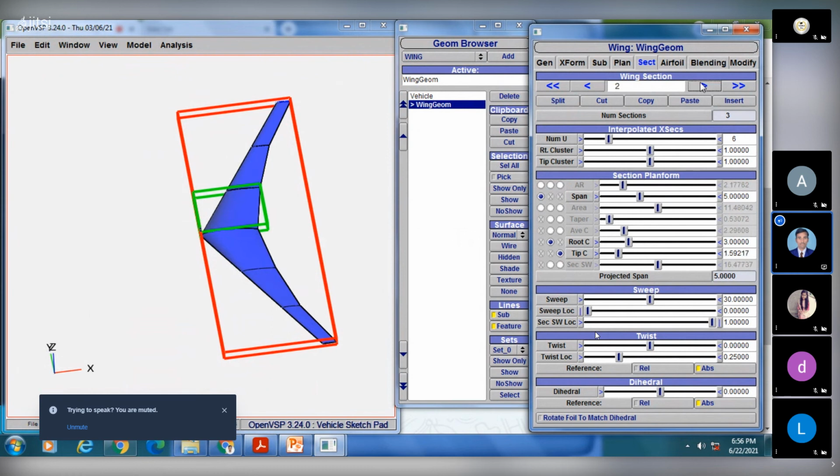Now I'll jump to second section. Root chord 3, tip chord also let it be 3 itself. Okay, a little bit we will reduce, to 2.5. And the last section, I will reduce this to 0.5.